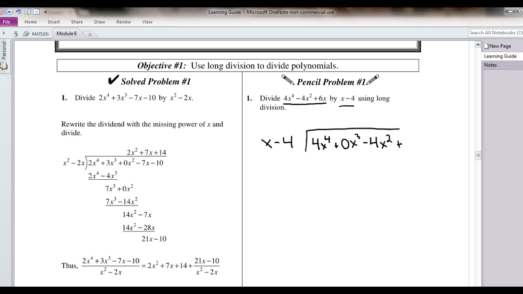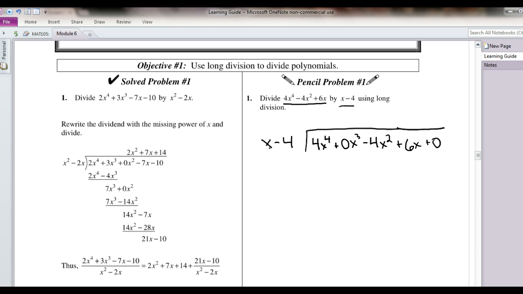And I have plus 6x. And then there's no constant term, so I can also do plus 0 there. I just want to do that so that things line up better. You'll see what I mean in a minute. So now the key to polynomial long division is we always just want to look at